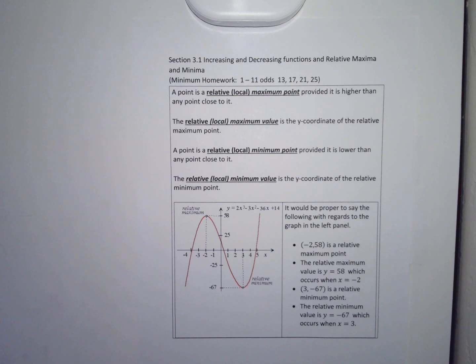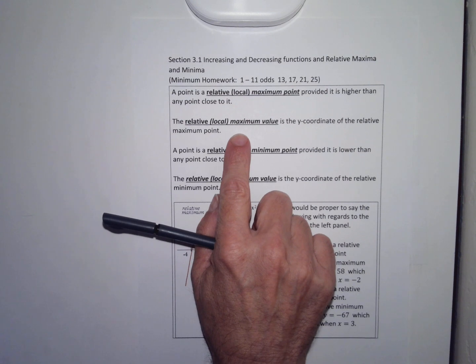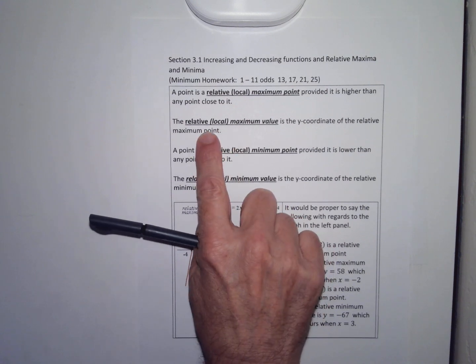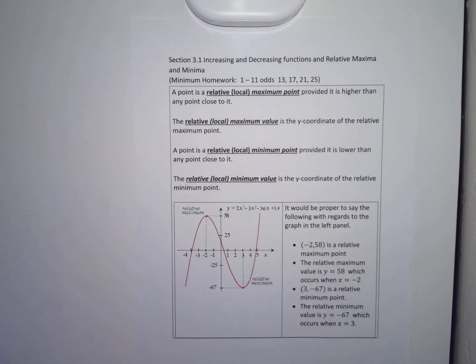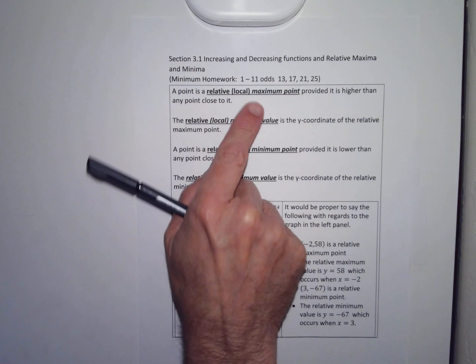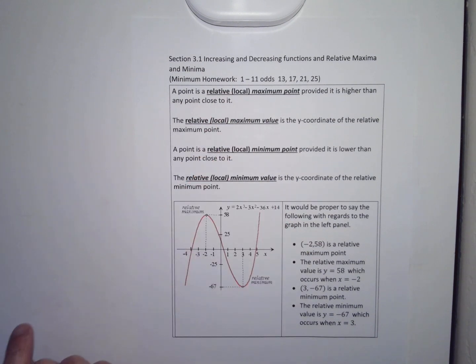I said a point is called a relative or local maximum point provided that it's higher than any point close to it. And the local maximum value or the relative maximum value is the y-coordinate of a relative maximum point. Relative and local we can use interchangeably, depending on the text you pick up. I don't know that there's a universal consistency between the words relative maximum and local maximum. Even when I was scrounging Google for images, I saw equally relative and local maximums,